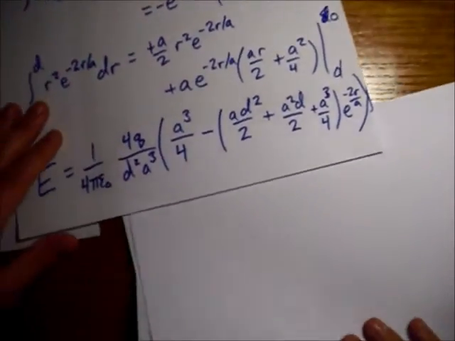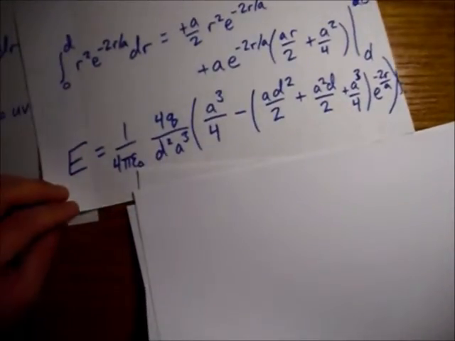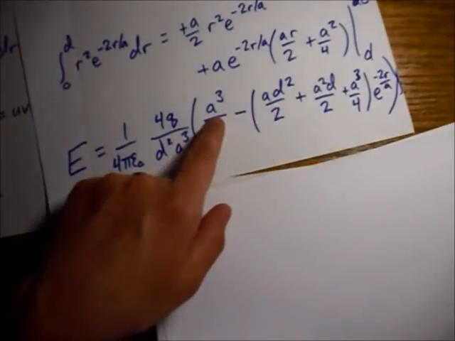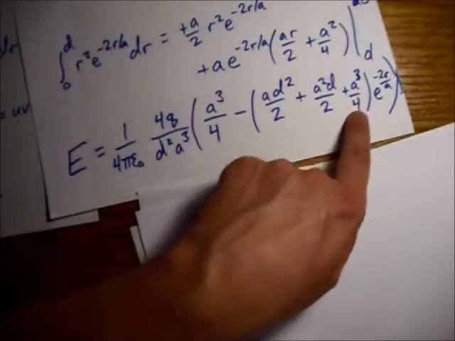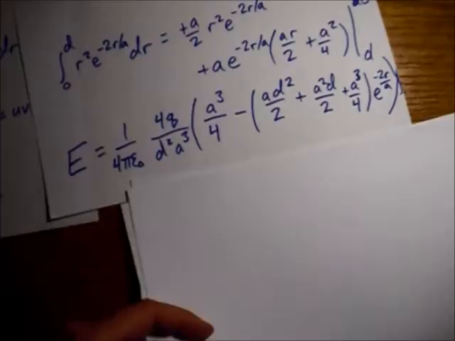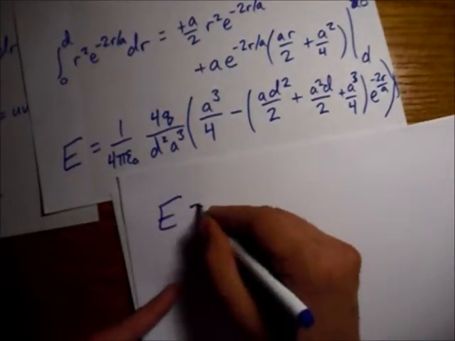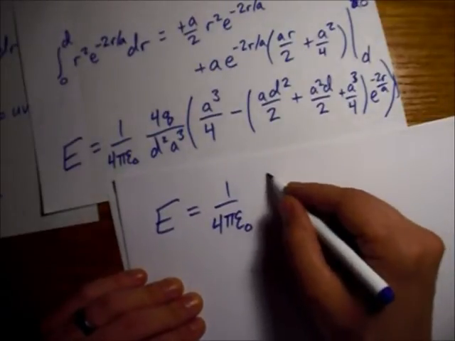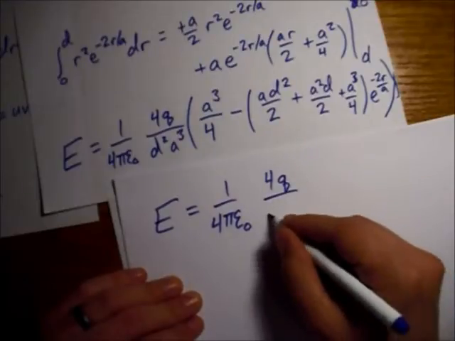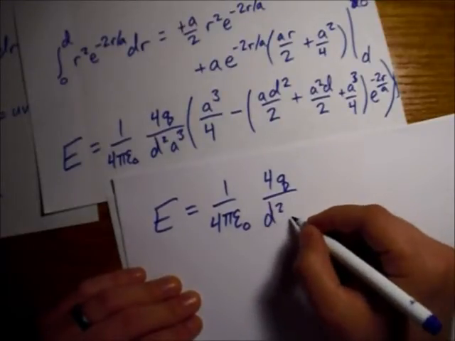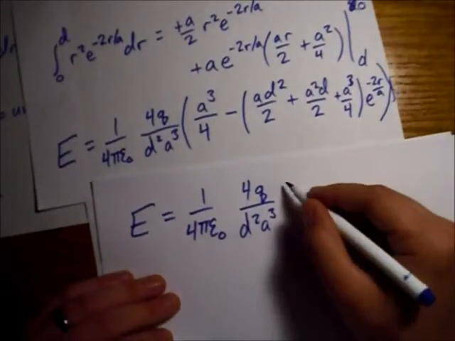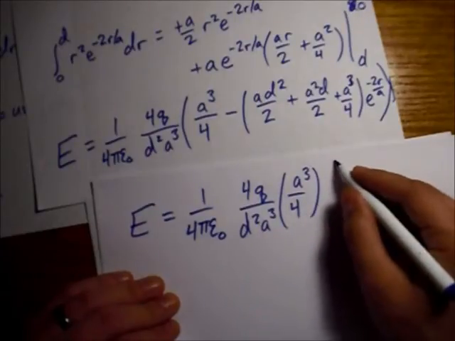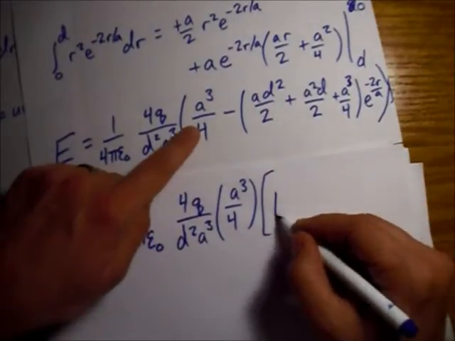All right, shall we write this out one more time? We can factor out an a cubed over 4. You see that here and right here, and so that will simplify things a little bit. And then we get to the fun part where we are going to do the expansion of the exponential. So I am factoring out an a cubed over 4. That gives us a 1 here, minus,